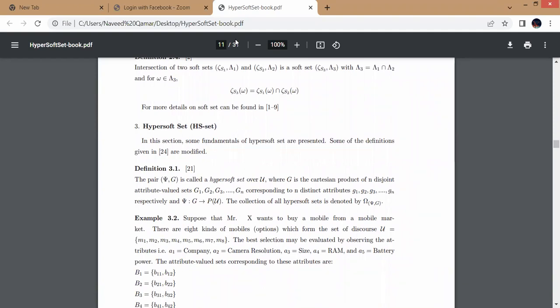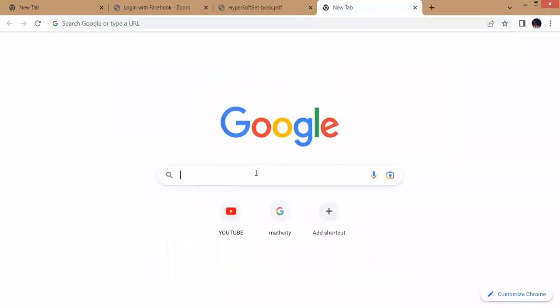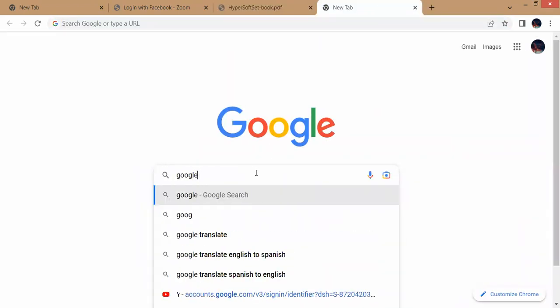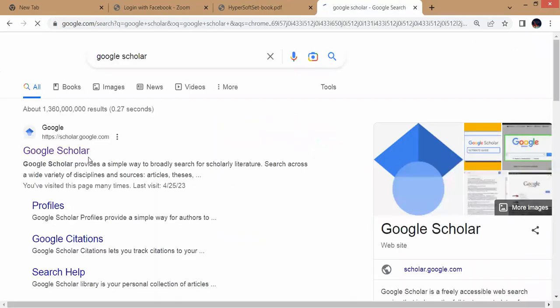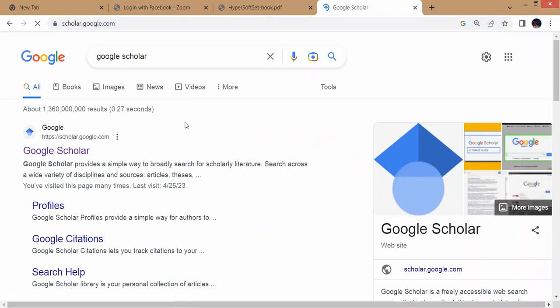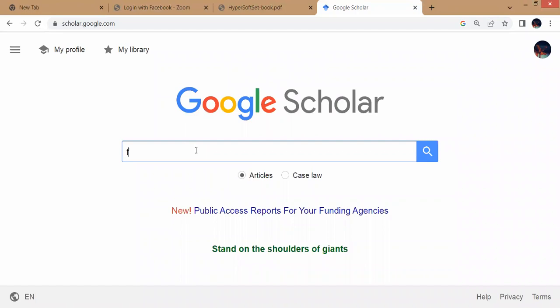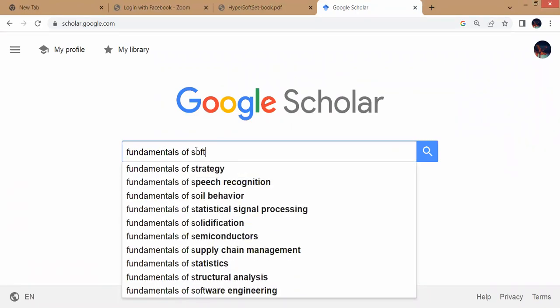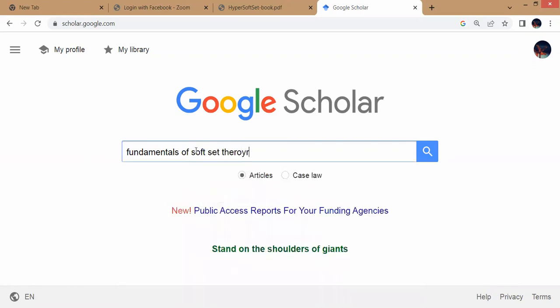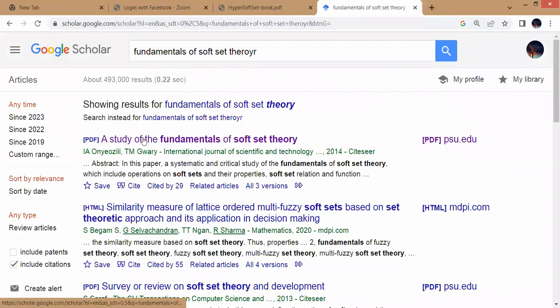If I search on Google Scholar for fundamentals of soft set theory, this is a paper related to the study of the fundamentals of soft set theory. In this paper,